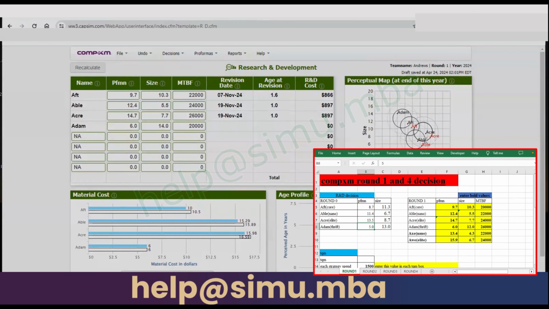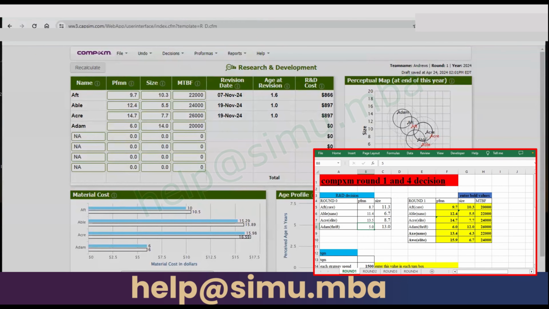Now, looking at the perceptual map, we can see that all our products are positioned perfectly within their ideal spots. This is key for standing out against competitors and making sure we're appealing to the customers most likely to buy. Alright, now let's take a look at Atom, our thrift market segment product. Thrift customers have specific preferences, so we'll make targeted adjustments to ensure Atom meets those needs and maximizes our performance